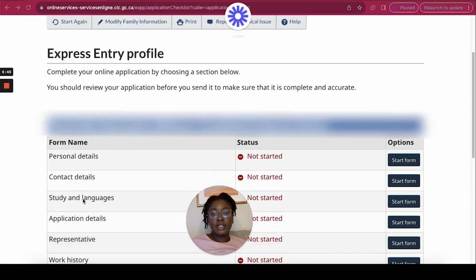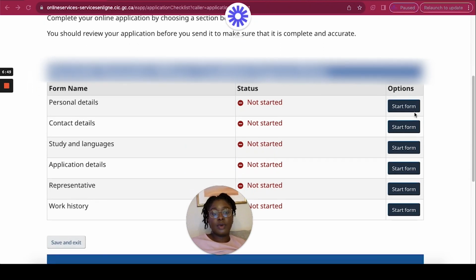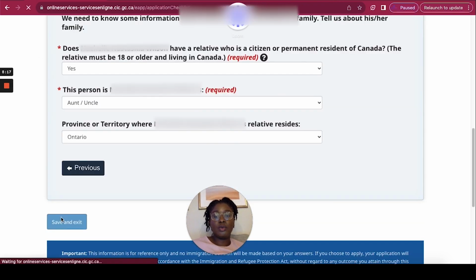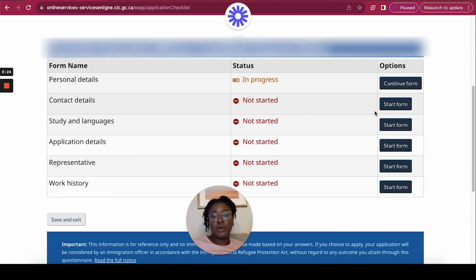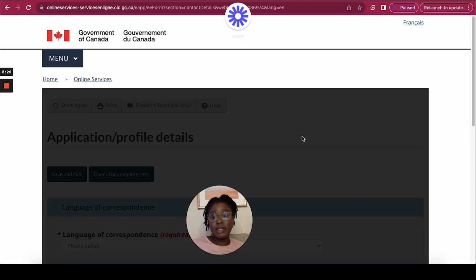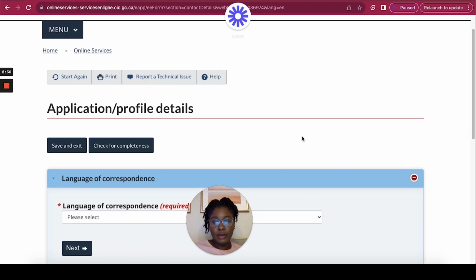So essentially, this is the stage where you create your profile. Once you've completed all the forms, then you can save and submit. You don't have to complete everything all in one go, but it's pretty simple just to start the process of creating a profile. You won't be able to save until you've finished some of the sections, and you'll see in progress. So basically, you're going to go through everything, make sure that every piece of information that you add or anything that you